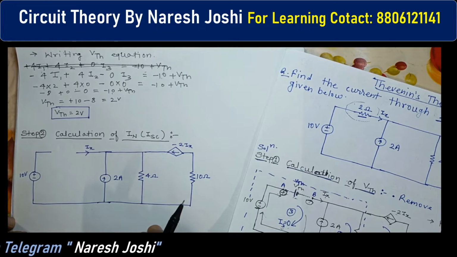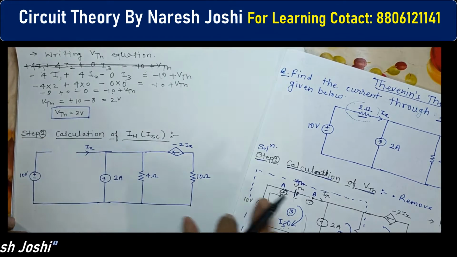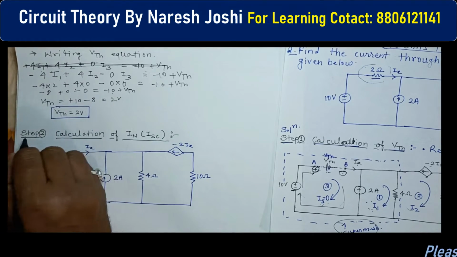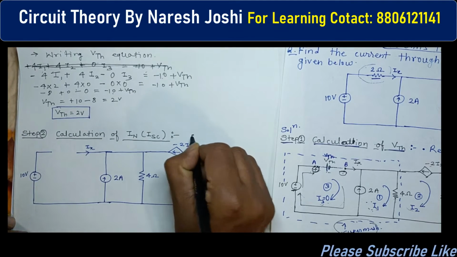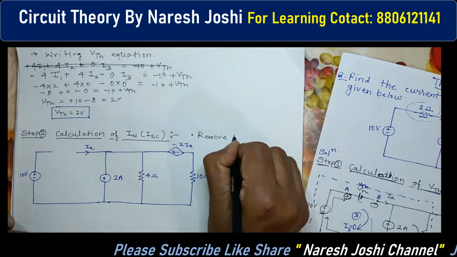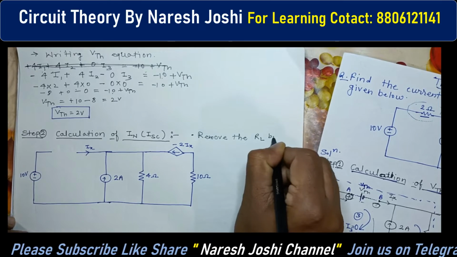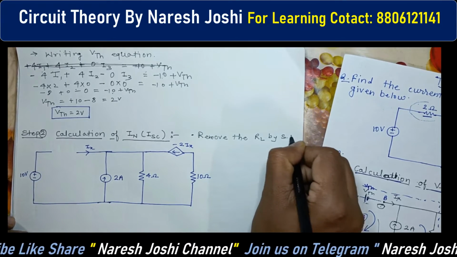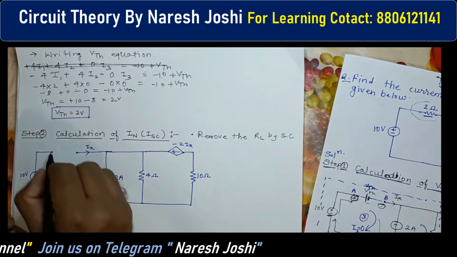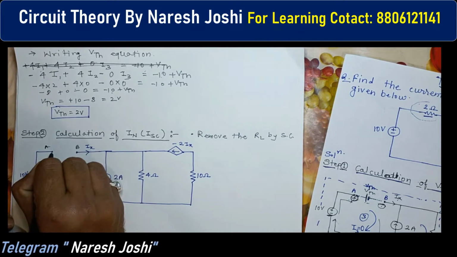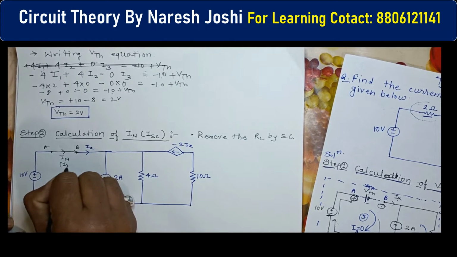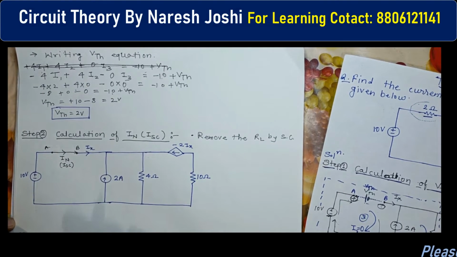Now next we have to find out the calculation of ISC. Okay, how can we calculate it in the second step? In the second step, ISC, first we have to write down the calculation of ISC, and again here we have to remove the load resistance and replace it by a short circuit. Remember, this is the important thing, short circuit. So this is the load resistance here. It is A and it is B, but we have removed it by the short circuit. You can see this is IN, or we can say it is ISC also. Clear? So this is IN and this is ISC.